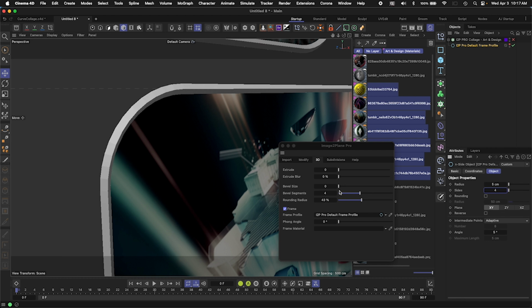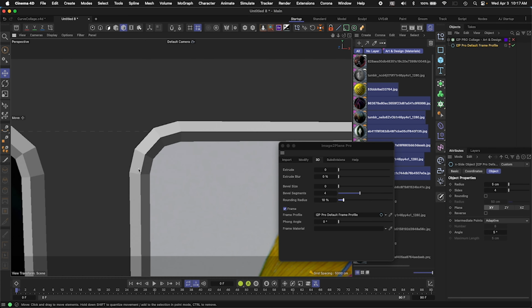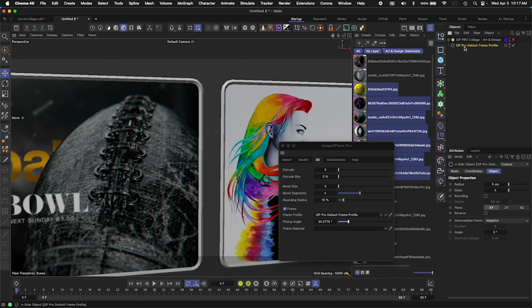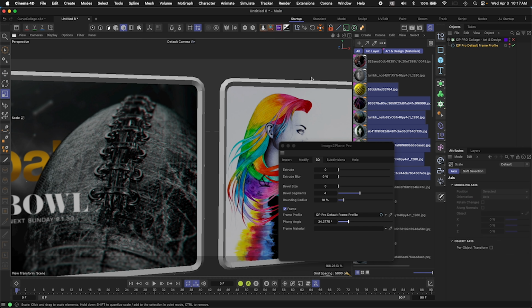I'm going to actually turn the rounding down here, and you're going to see, if you get some faceted edges like this, we're going to go ahead and take care of that in the subdivisions tab. I just want to say that the Phong angle will take care of some of the faceted look. And then you can add in a frame material here as well, anything you want from your material tab. Say we wanted to scale up the frame size a little bit,